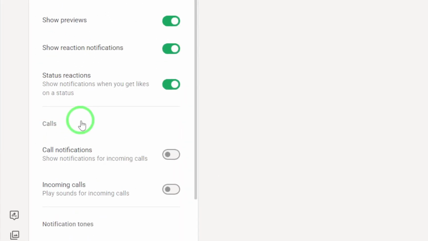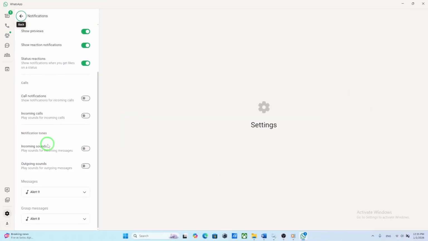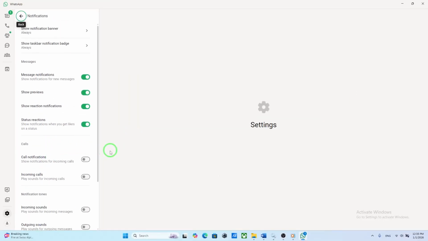Inside the settings area, you'll find a section labeled Notifications. This is where WhatsApp groups all of its alert options, including sounds, vibration, and banners. Click on Notifications to enter a dedicated page for sound and alert preferences. You'll know you're in the right place when you can see different toggles and drop-downs related to how you're notified